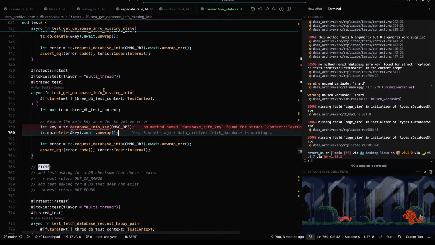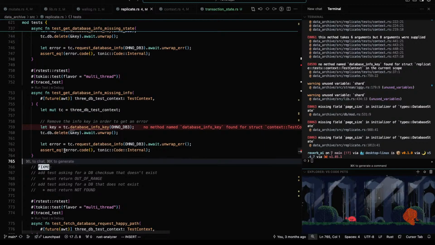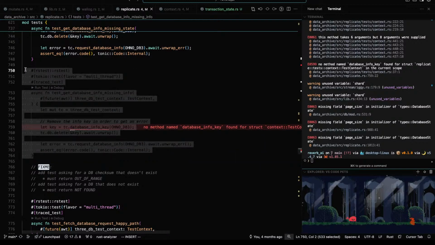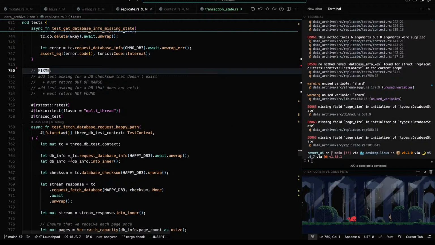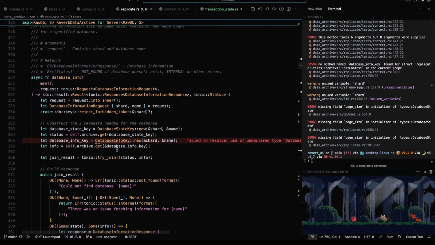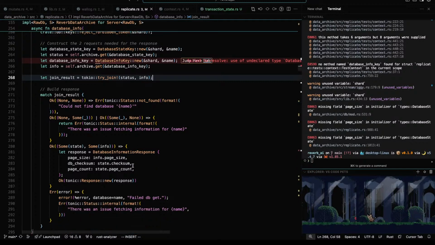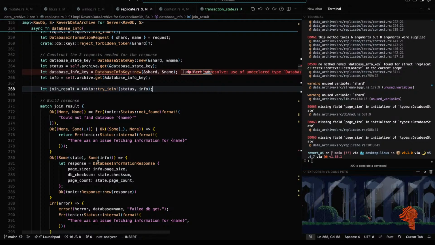Test get database info missing info. Ah, I see. So we're removing the info key in order to cause an error, but that's not possible anymore. And in this database info get, we get these two things, and then depending on the result of both, put this together.